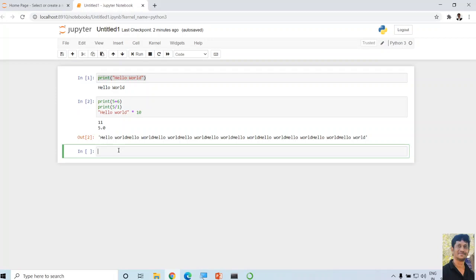In order to do this, go to the code section, and under code, click on markdown. Here I can explain my code. For example, I will say this is just a sample example of Python.